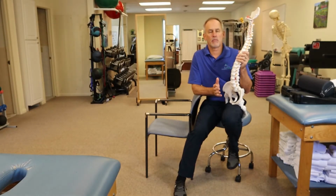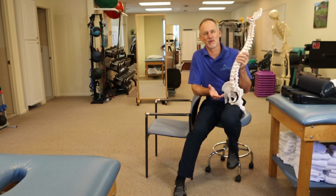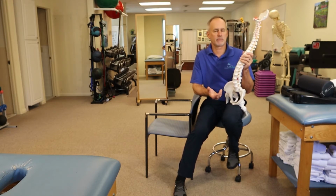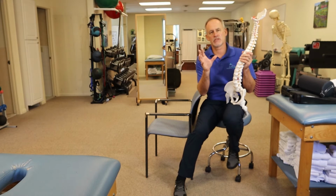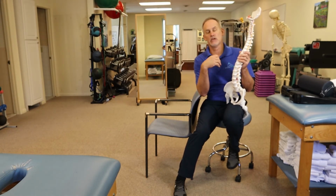So how do we use a lumbar roll, and why? It's really the why. Why do we want to use a lumbar roll when we're sitting or driving? It's supposed to put the spine in a better position to heal. Almost like a splint for your arm or your wrist if you had a fracture or an injury to a tendon or a ligament. We're trying to position the tissues in your lower back to heal in a position that's